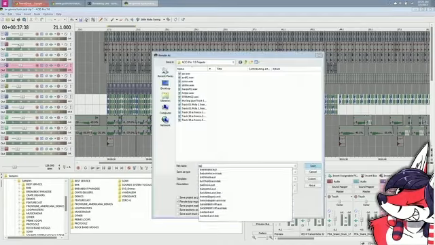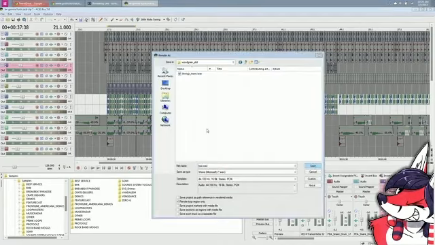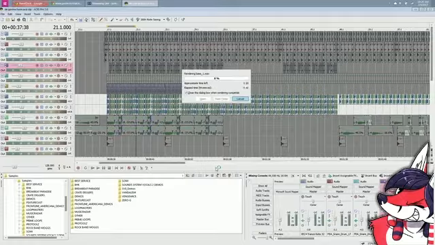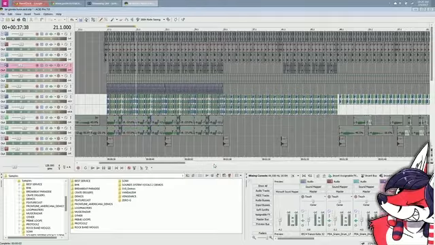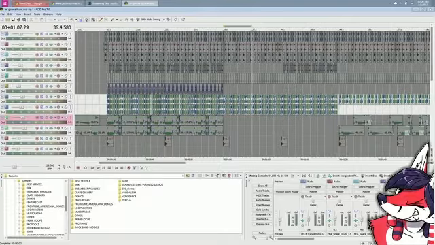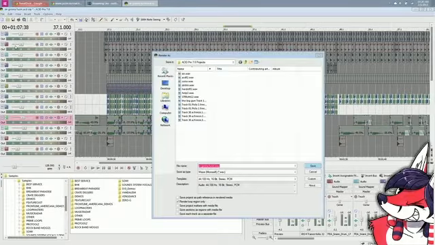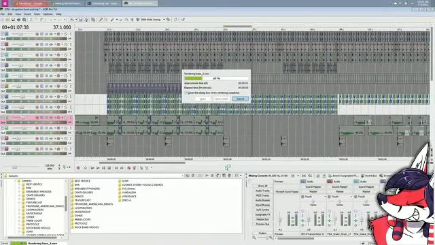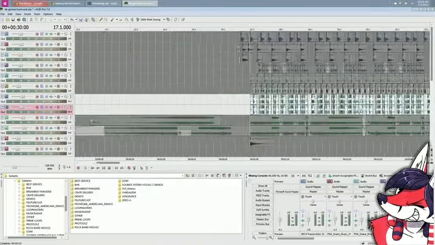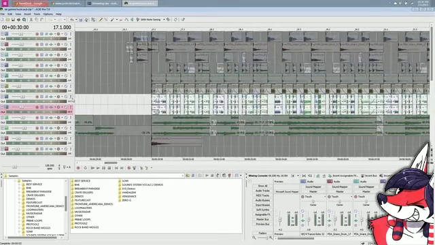Okay, so that's going to be bass 1. And that's going to be bass 2. I'm not going to render everything because there's a lot. Oh, okay, this bass is a complicated piece of work. It takes up 2 channels.